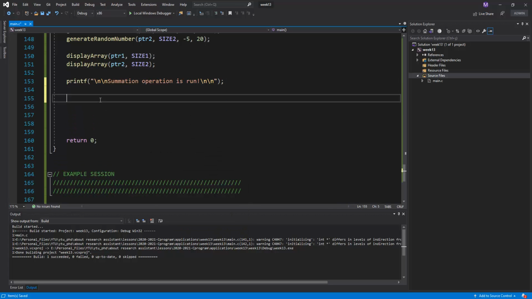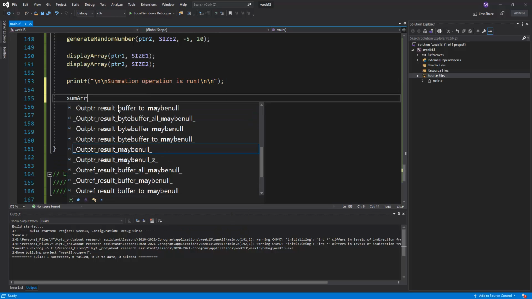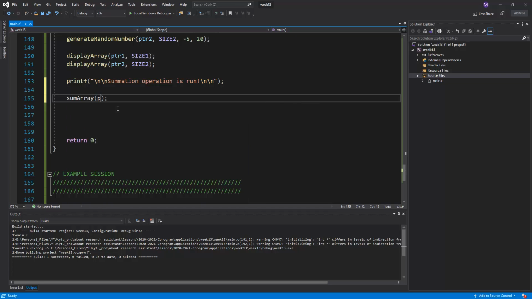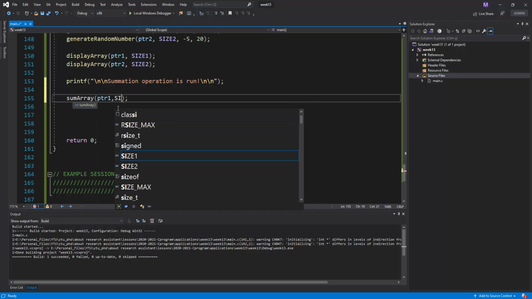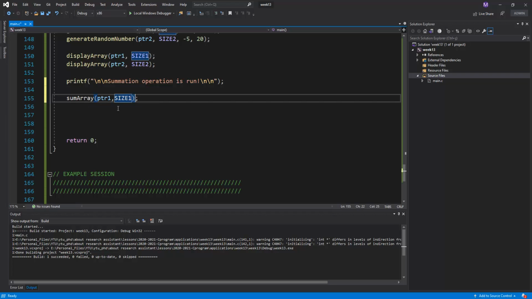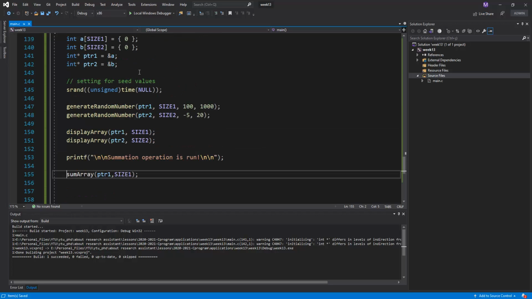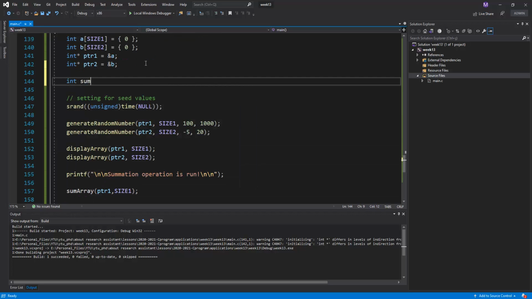And so we need to create the sum array function in here with the pointer usage ptr1 and size 1. Okay, and so the return value of this sum array should be equalized to what, the integer sum